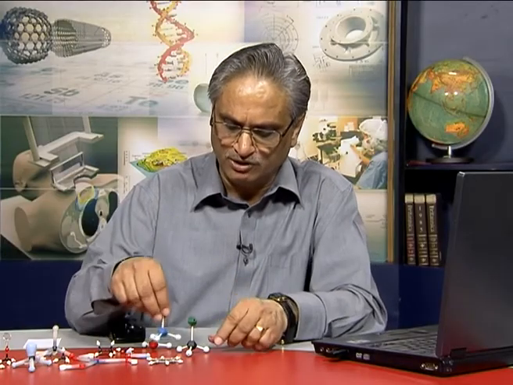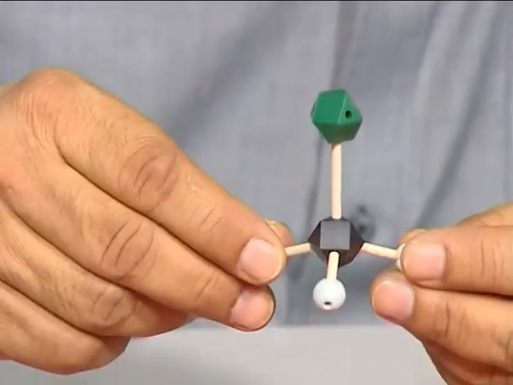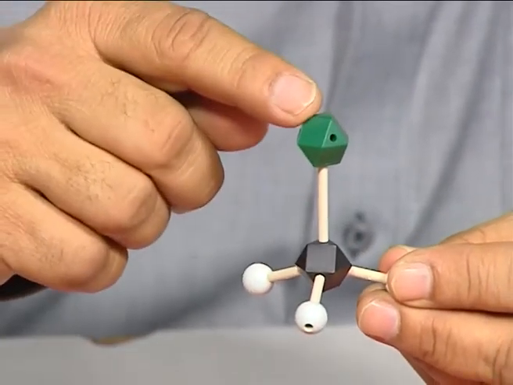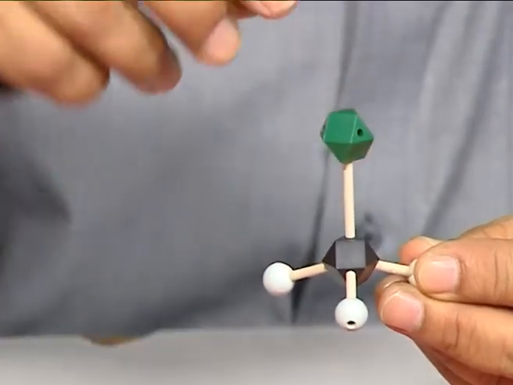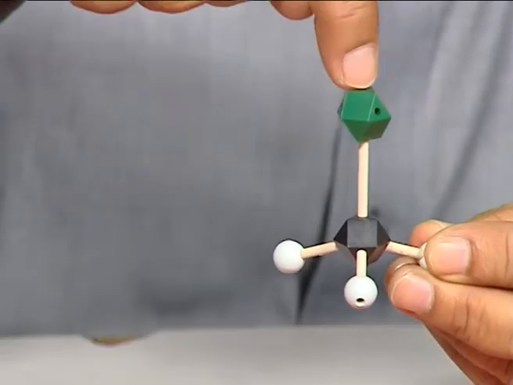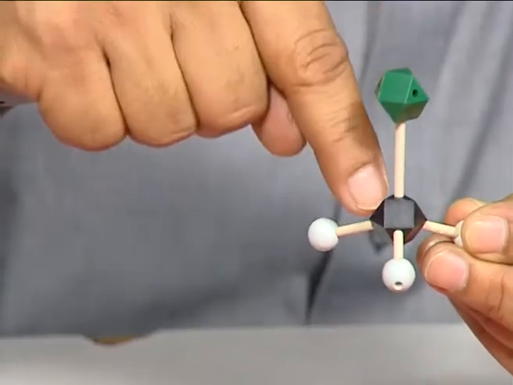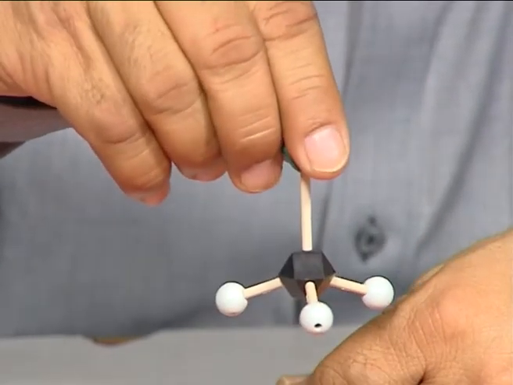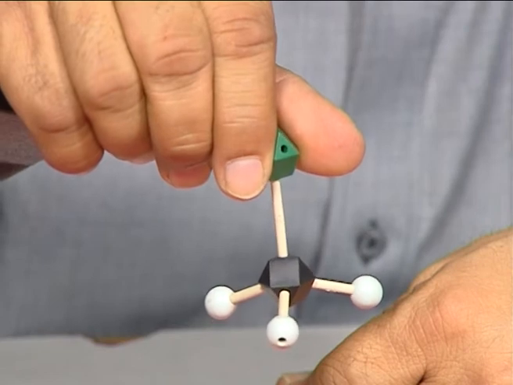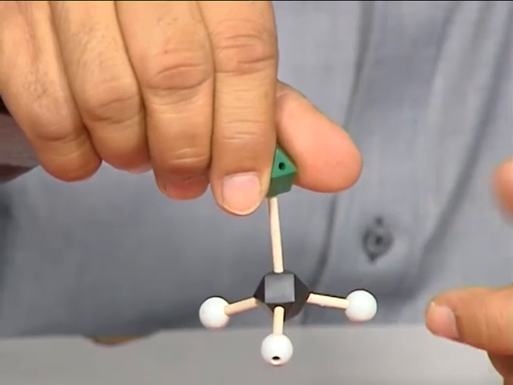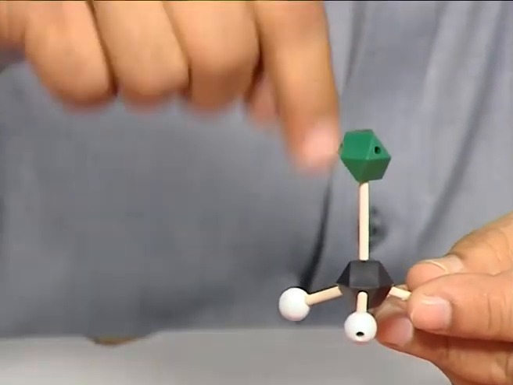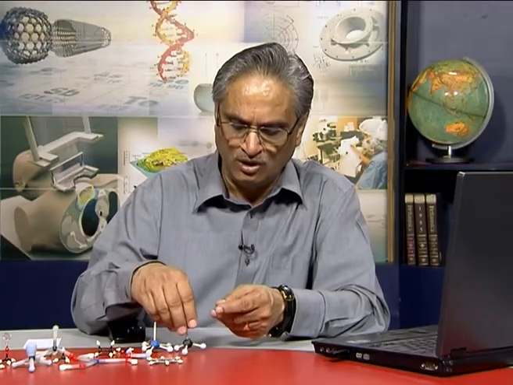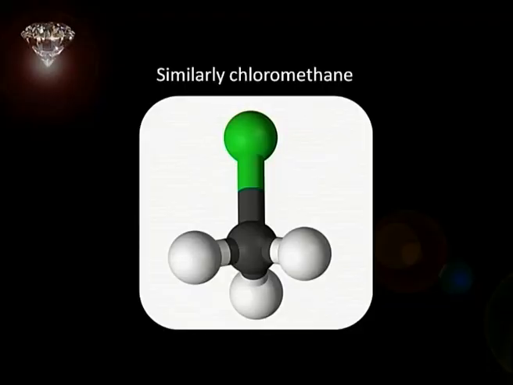I can take another molecule, say chloromethane. In chloromethane, you have carbon, a chlorine atom and 3 hydrogens. If I think of an axis passing through the chlorine atom and carbon atom, and rotate like this by 120 degrees, and another rotation by 120 degrees, these are my C3 rotations, and this axis will be my C3 axis. Okay. That is the molecule of chloromethane I just showed you.